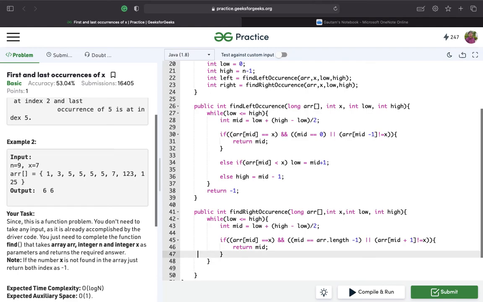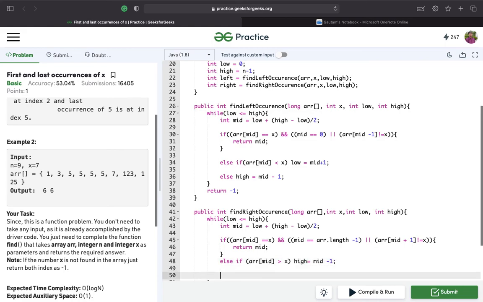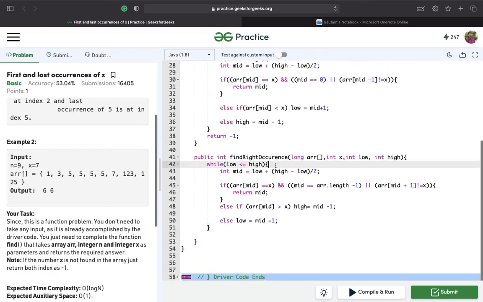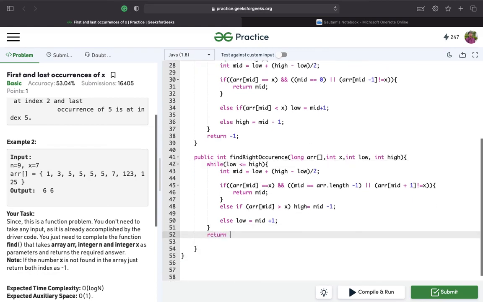And then else if ARR of mid is greater than x, we'll do high equal to mid minus 1. We need to move to the left hand side, else low equal to mid plus 1. And if the element is not found, we'll simply return -1.